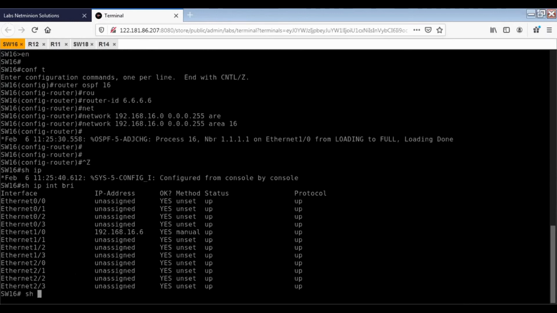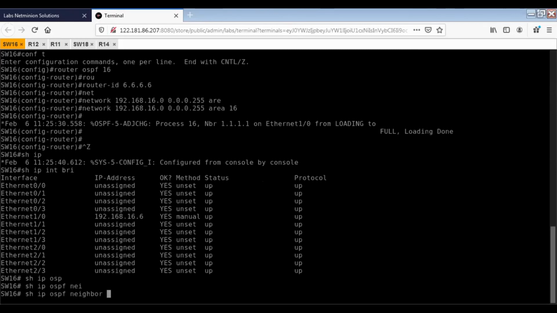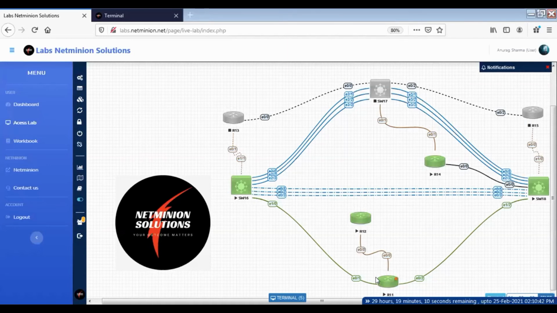Now show IP OSPF neighbor. So you will see only one neighbor, because in this topology only router 11 and switch 18 have more than one neighborship.